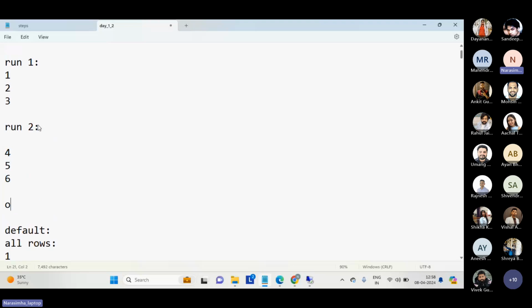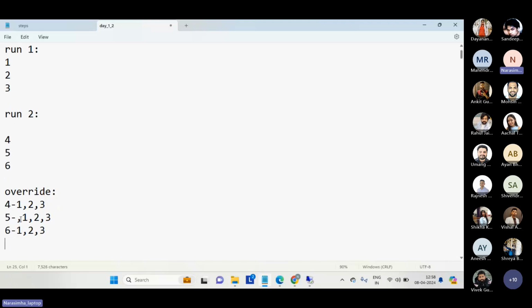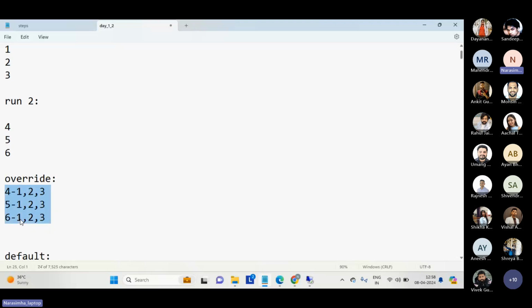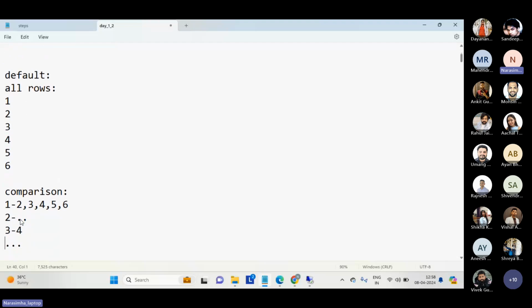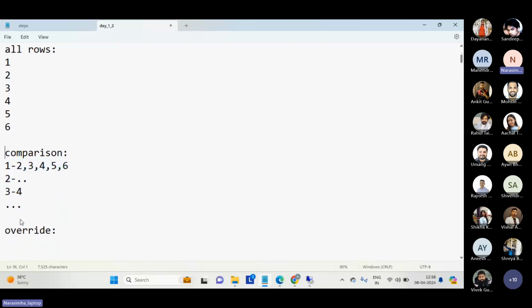With the override case, what happens? 4 will compare with 1, 2, 3. Then 5 will compare with 1, 2, 3. Then 6 will compare with 1, 2, 3. So this is what happens. So how many combinations are we reducing here? In this case, there are many comparisons, but here